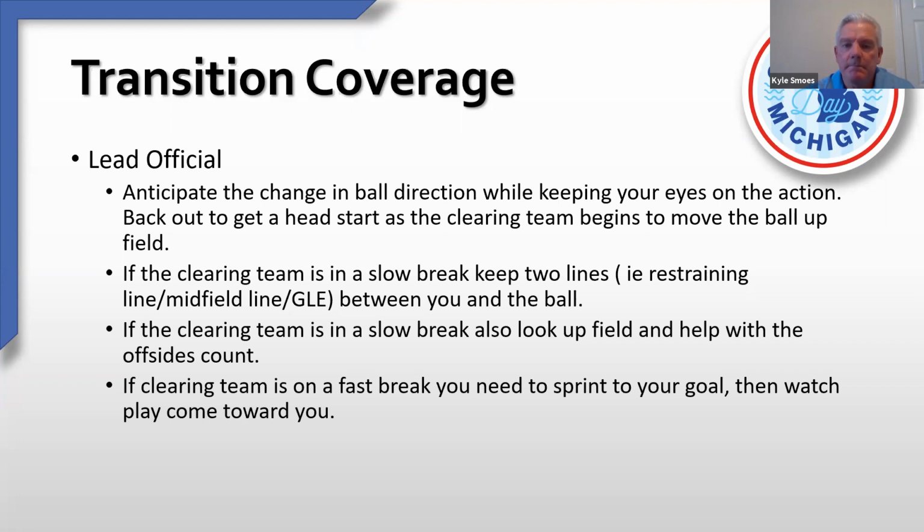If the clearing team is moving up slowly, very deliberately moving the ball up, the general rule of thumb is to keep a couple lines in between you, and that could be, as we've listed here, the restraining line, the midfield line and goal line extended. You're trying to keep that cushion, and generally speaking, that's about a 20-25 yard cushion in a slow clear. If you are the lead official and it's a slow clear, make sure you look upfield and count and pick up your players to see how many players are able to come over midfield as they cross the midline, so we don't have a problem with